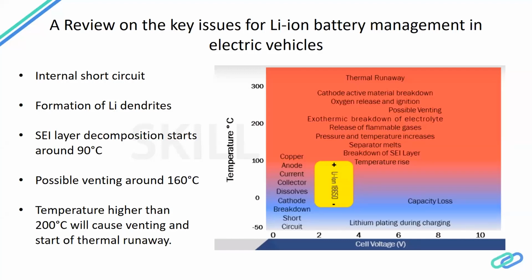Even after internal short circuit, there will be possible venting. Venting is the gases. The electrolyte will change its phase from liquid to gas. And then that gas needs to go out. The original tendency of gaseous state particles is that they need to expand. So because of that, at around 160 degrees Celsius the gases will expand and then you'll have a blast. And around 200 degrees Celsius, they'll just blast. In technical terms, we call it venting, or it will start thermal runaway.